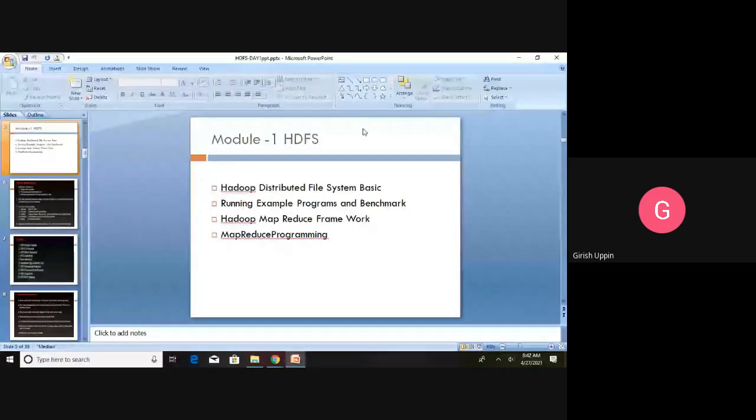And the data is stored in multiple nodes. In a Hadoop cluster, there will be hundreds of nodes, and data will be stored in a distributed fashion. So this is a distributed file system. The data is stored in different nodes, and also there is a replication of the data.